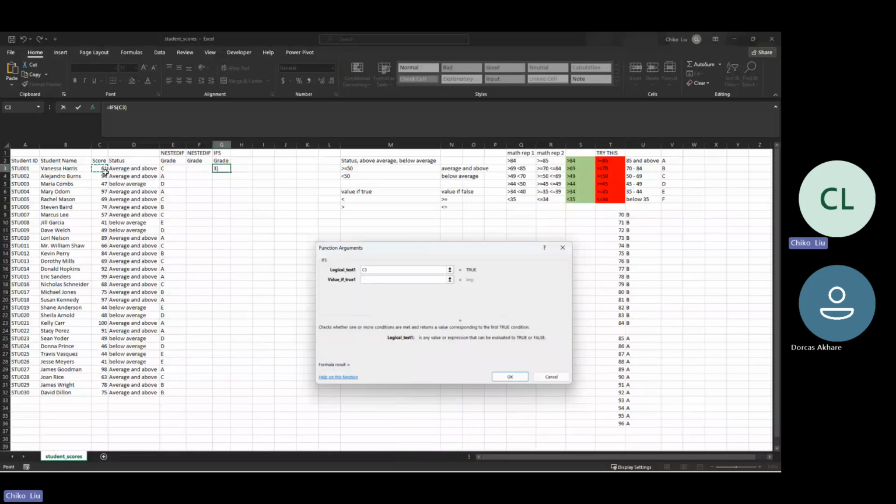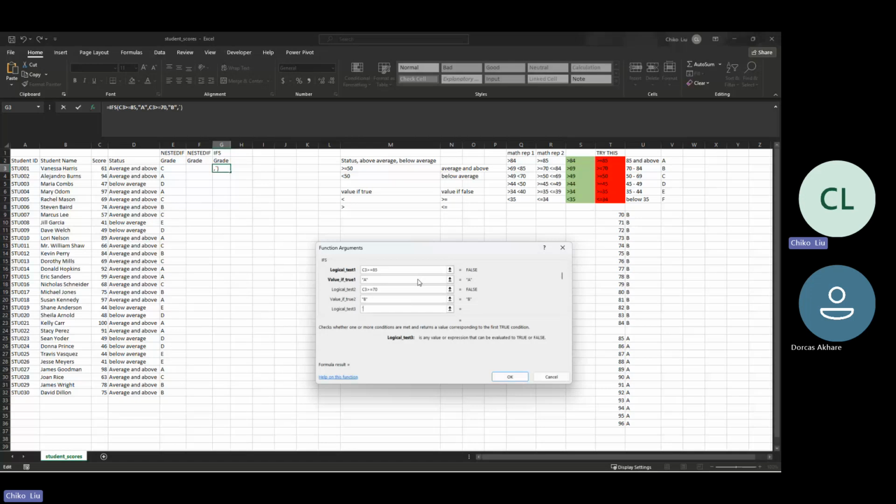Now the first logical test will be if C3 is greater than or equal to 85. So I'm going to apply this one now. Since I've done this for nested IF, I'll use this for our IFs. So value if true will be what? A. Now I don't need to put the inverted comma. It will auto correct itself. So watch what happens. I just put A. If I click on tab, it's going to auto correct itself and put the inverted comma for me. So I'll say if C3 is greater than or equal to 70, B,